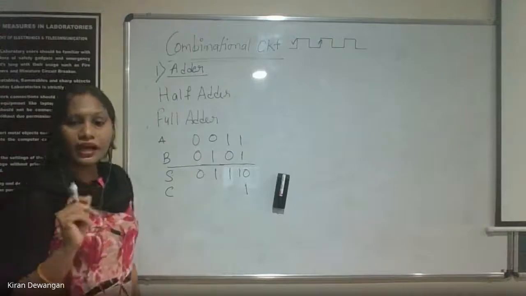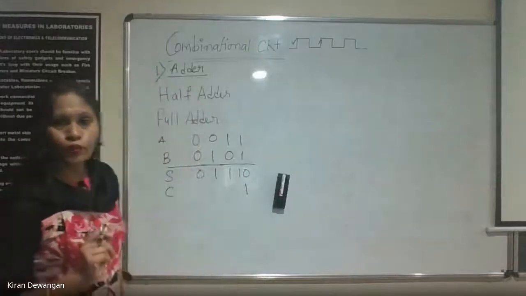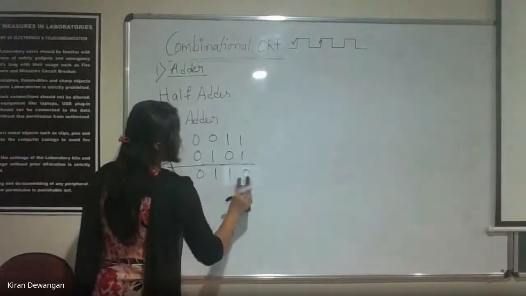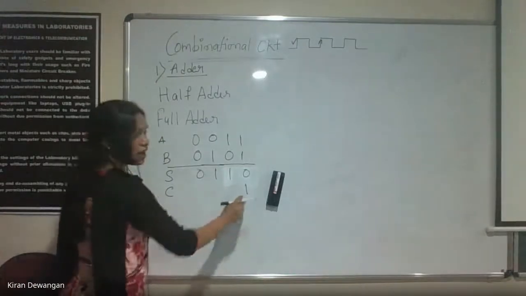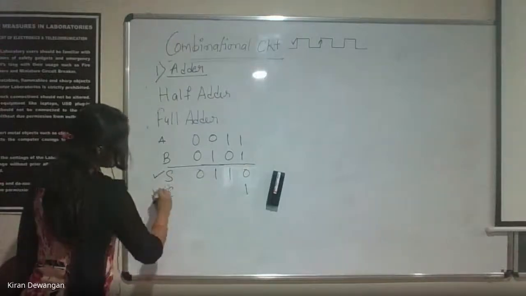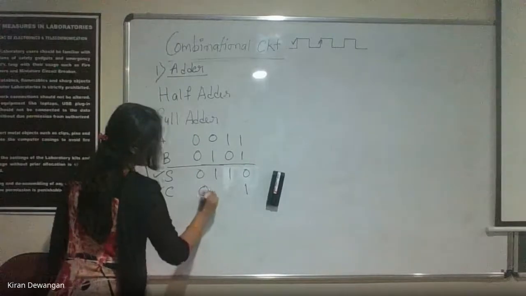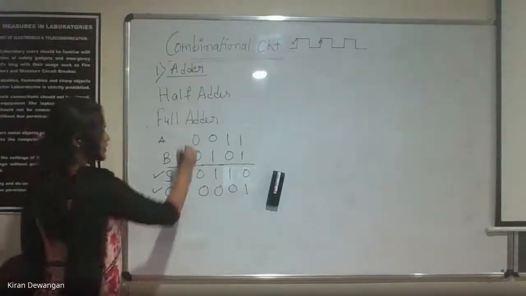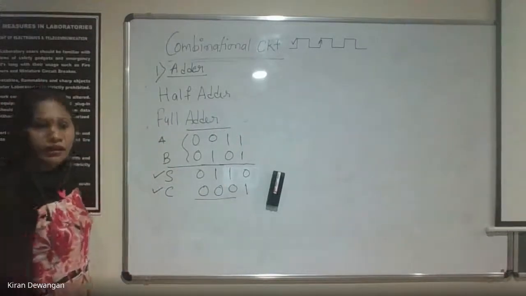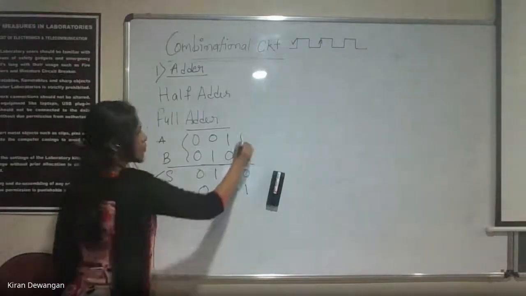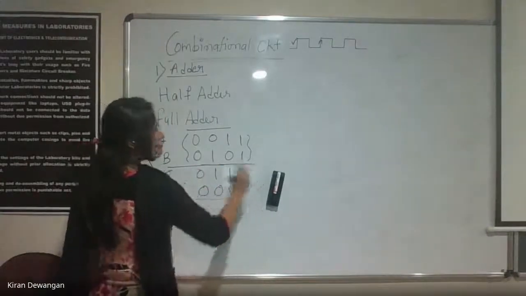But when we are designing a circuit, we get output of only 1 bit. Only one bit of output is possible, so it will just give you 0. Now the other bit goes high, which is a carry output. So we'll be having two outputs. One is sum, another one is carry. And this carry will remain 0 for these three combinations. Clear? And it will go high only if the combination is 1 and 1. So this is how the half adder is designed.